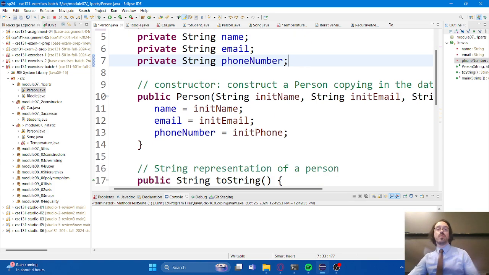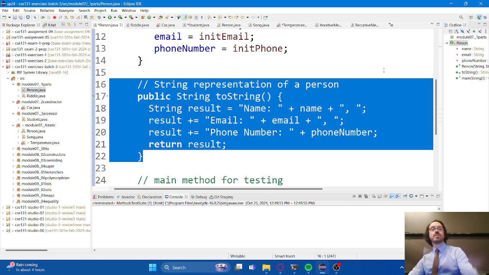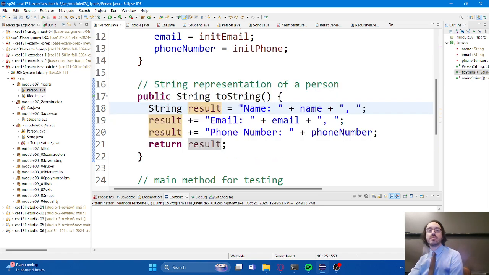And so for this one, we're keeping it very simple. This is a method called toString, which simply creates a string representation of this object so that we can print it out and read it. In other words, once I create a person, I want to be able to view the instance variables that person contains. This is one way that we can accomplish that with the toString method.